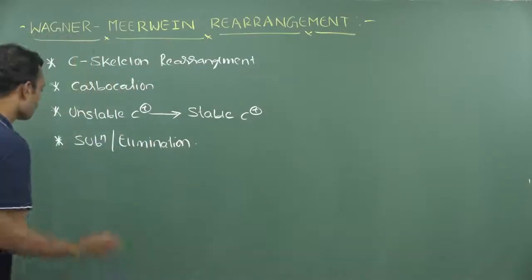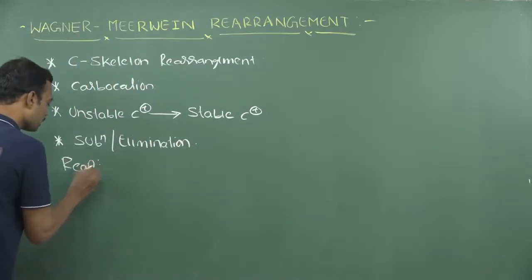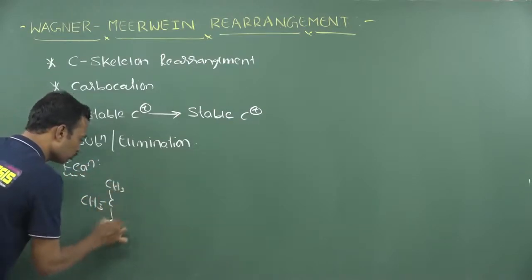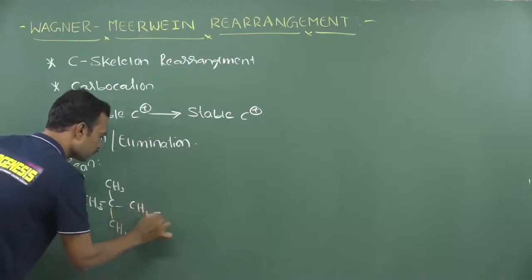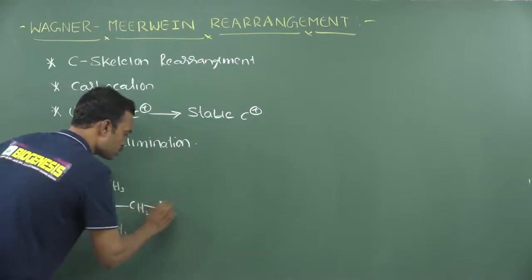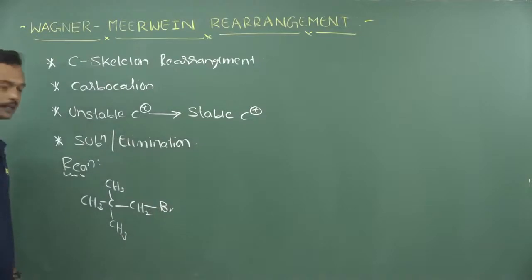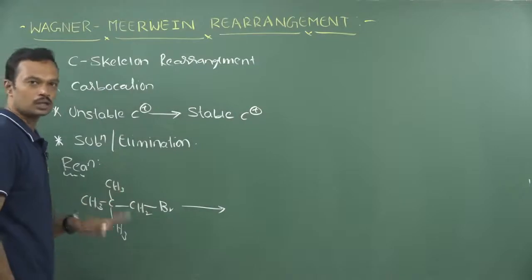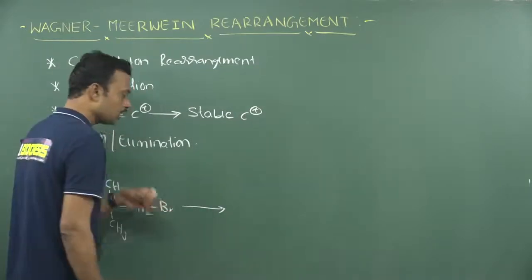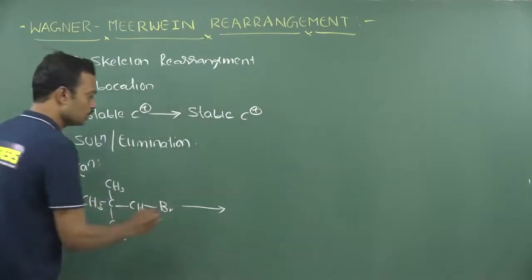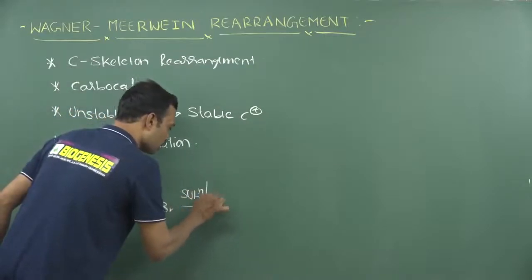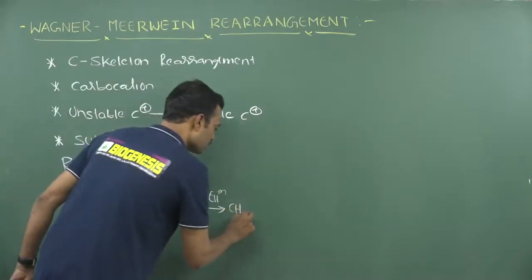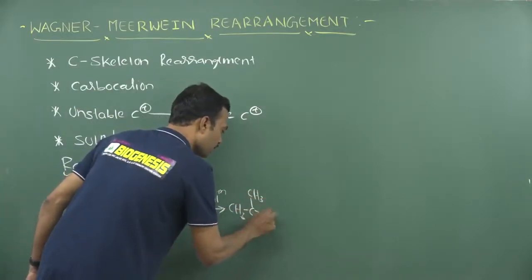Okay. The best example I will show with a reaction of Wagner-Meerwein rearrangement. See, I am taking a neopentyl group. This is called a neopentyl. Neopentyl is attached to a halogen. This is neopentyl halide. When neopentyl halide participates in Wagner-Meerwein rearrangement, how it participates depends upon the type of reagent which you are using. So, it undergoes either substitution or it may also undergo an elimination reaction. Okay. The result depends upon the type of nucleophile and type of base which you are using.